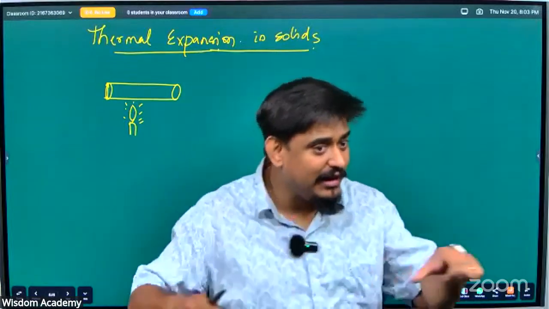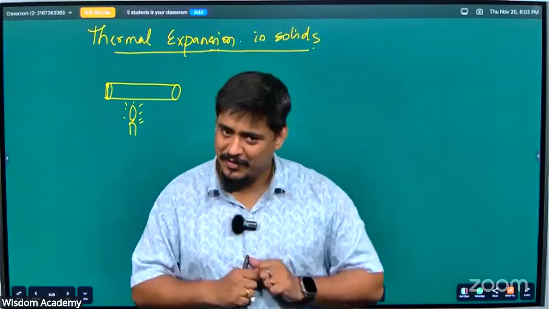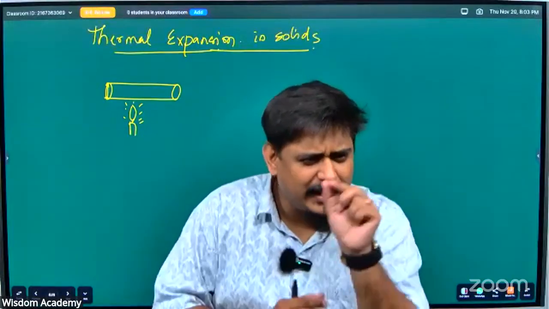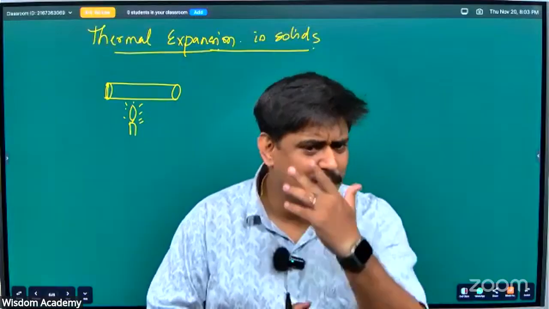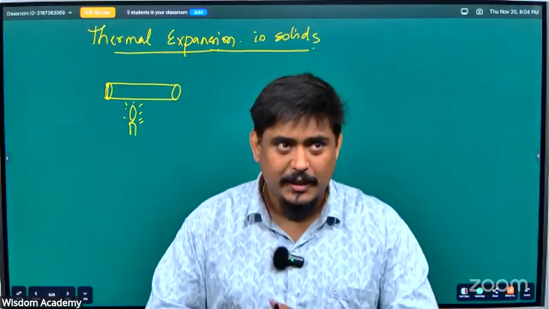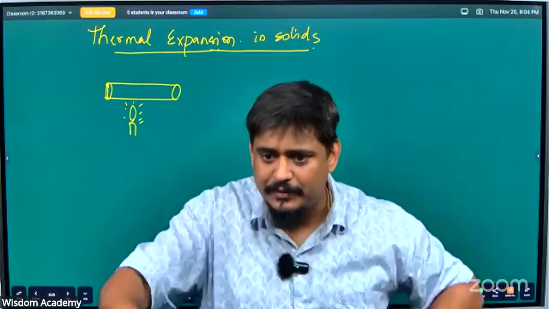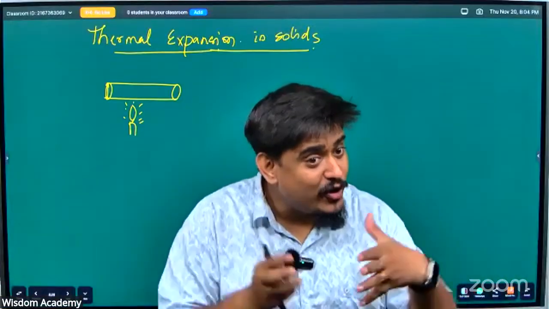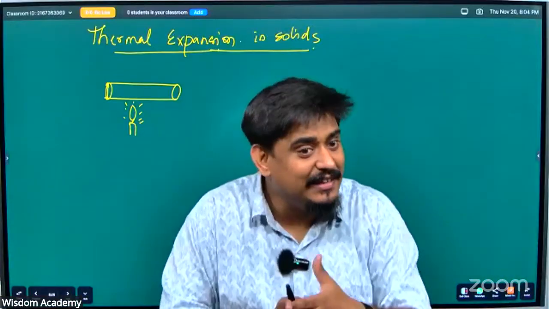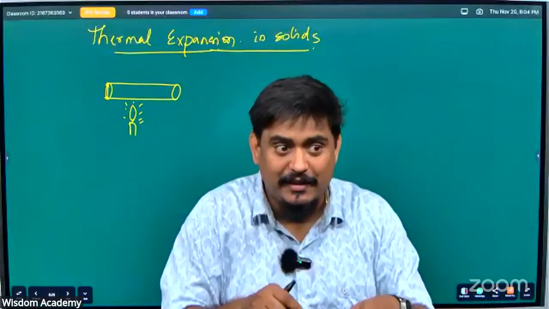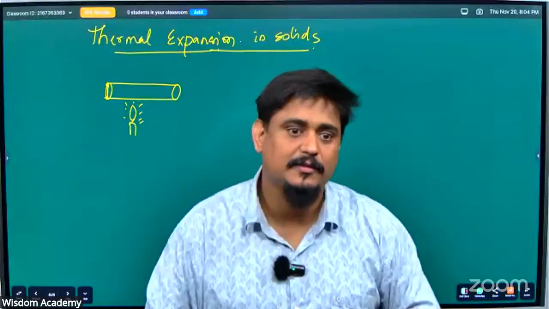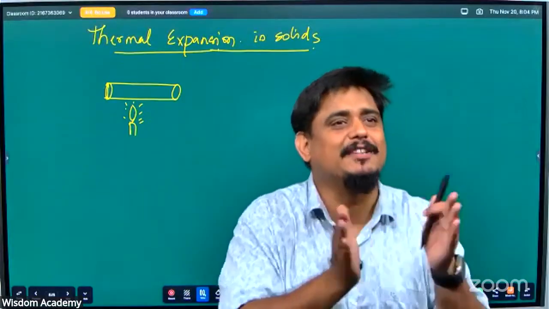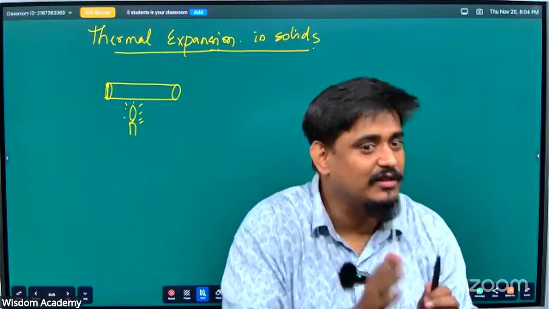So every rail, if you have not noted till now, go and note it hereafter. If you're going to a railway line, just see that where the railway line is joining, they'll give some small gap. Not only there, we have seen bridges, right? Here, Peninsular also we have a bridge. Between some span of bridge, there will be a gap. In that gap, they would have kept some steel. Why are they giving that gap? That is also to allow expansion. If it is expanding, and at that time you do not have any gap, it will develop cracks on the bridge. Bridge will become weak. So they are giving some gap. That gap is for a little bit of expansion in the bridges, in the railways, all these things are there.